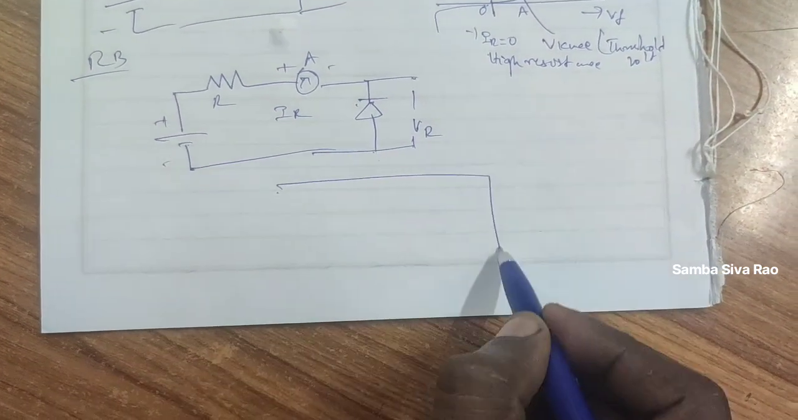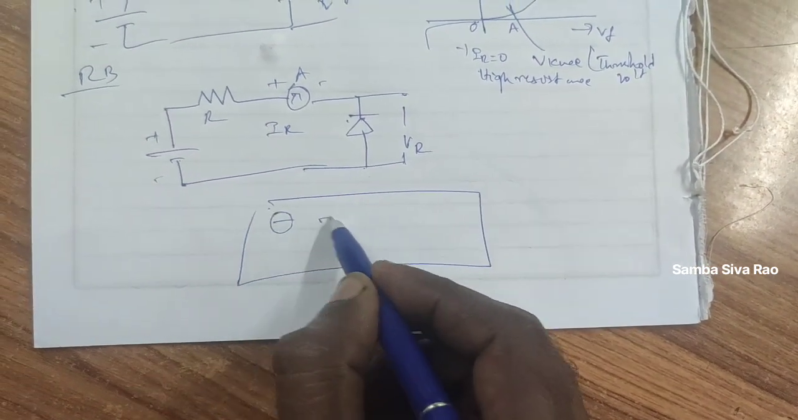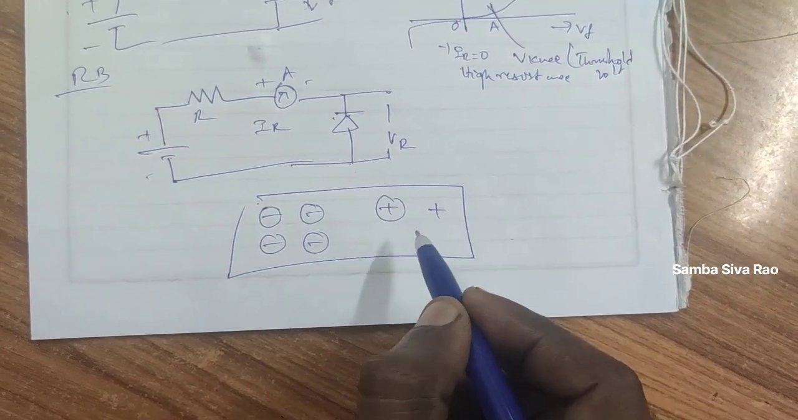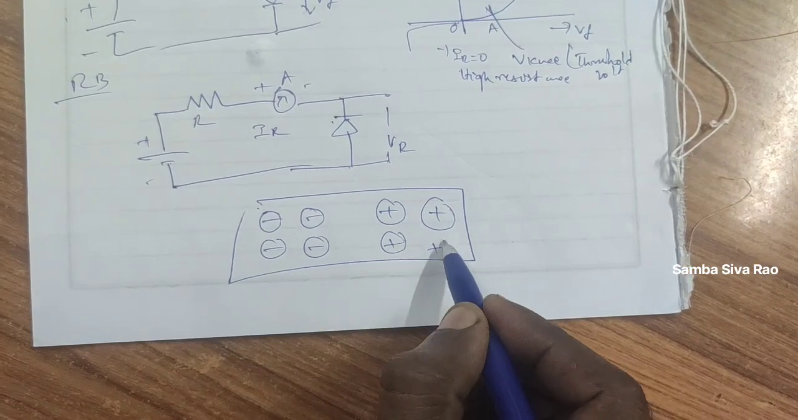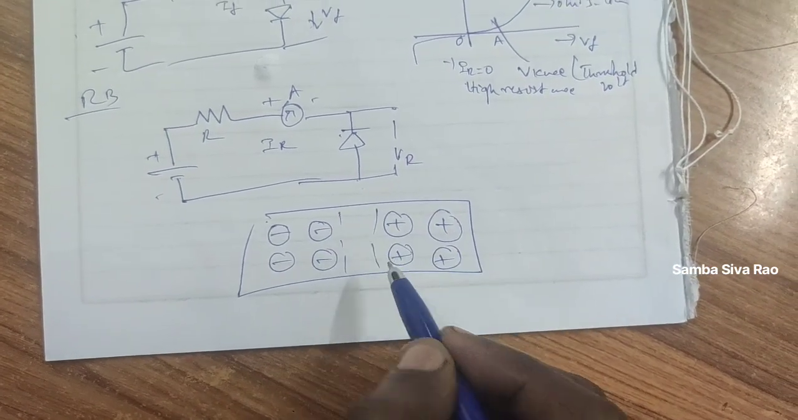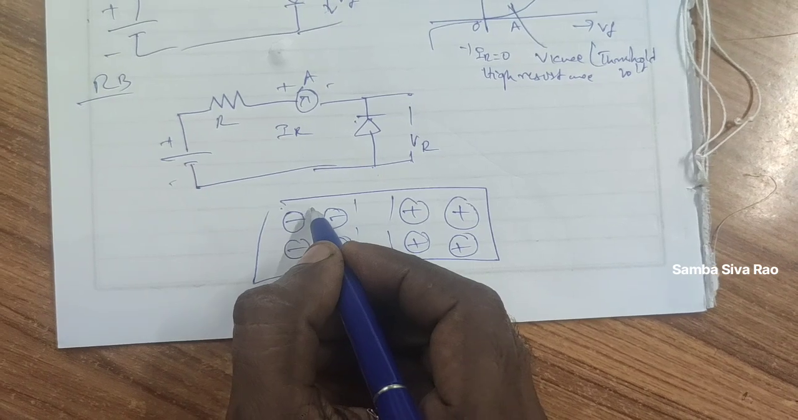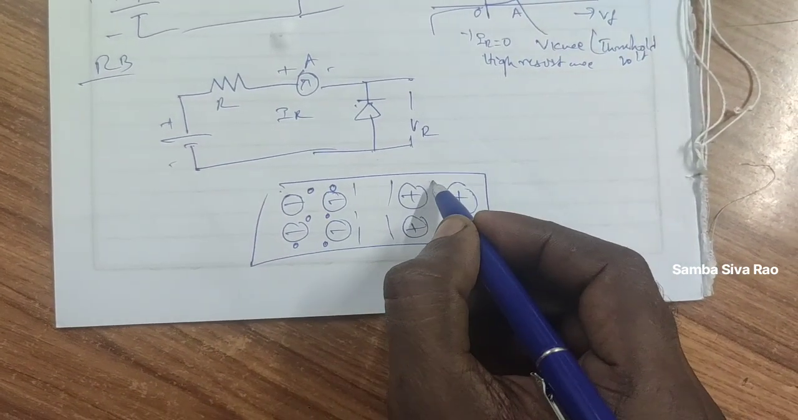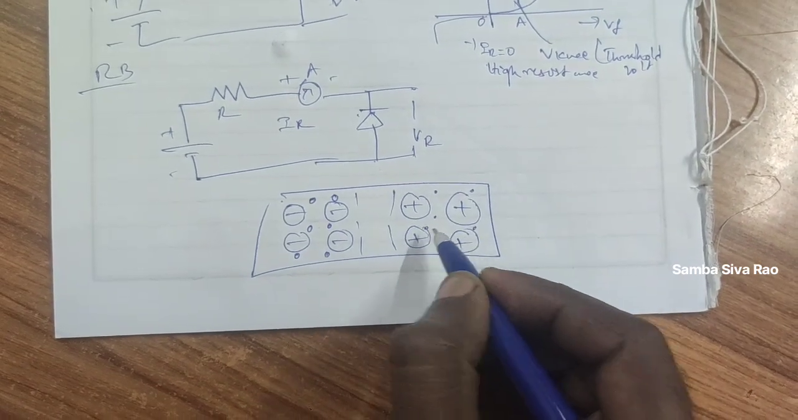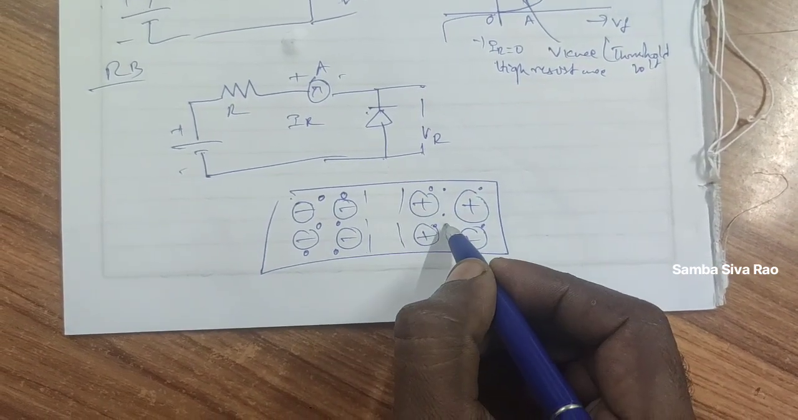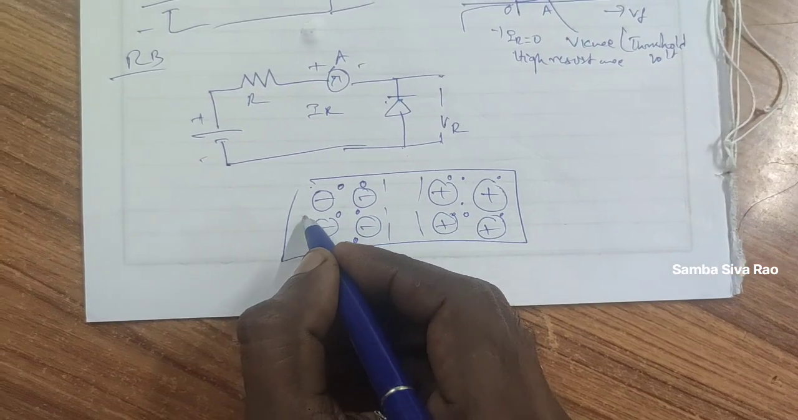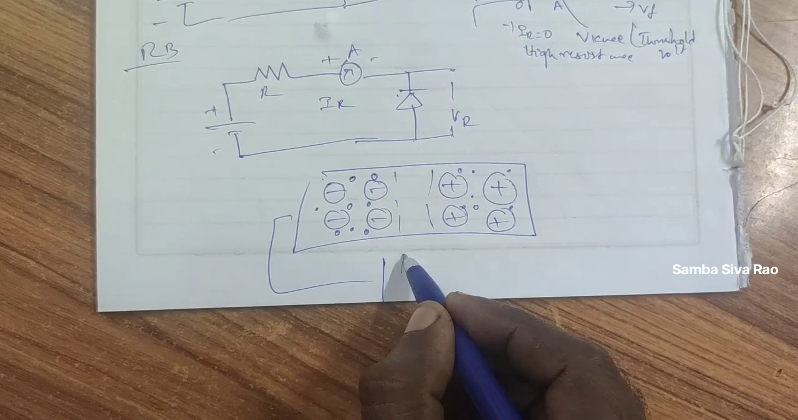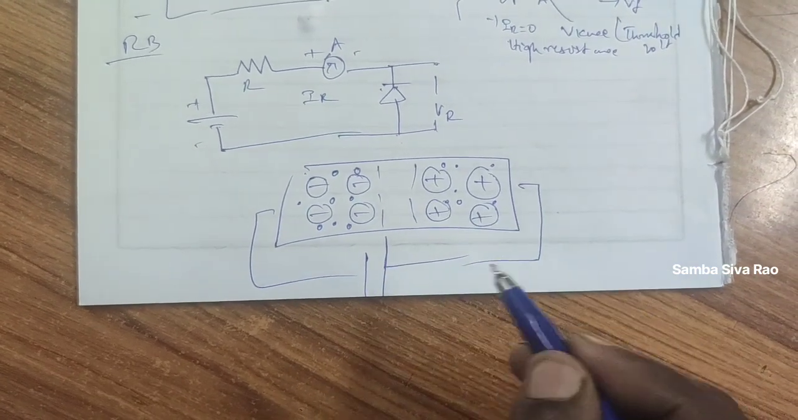Again, consider the PN junction diode fabrication with negative immobile ions or positive immobile ions. Already we showed that the majority carriers are holes in P type and the minority carriers are electrons, and in N type the majority carriers are electrons and the minority carriers are holes. Now, if we give a negative bias to the circuit,